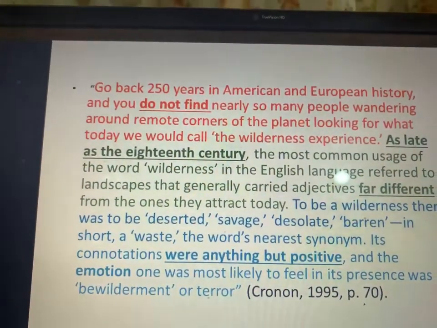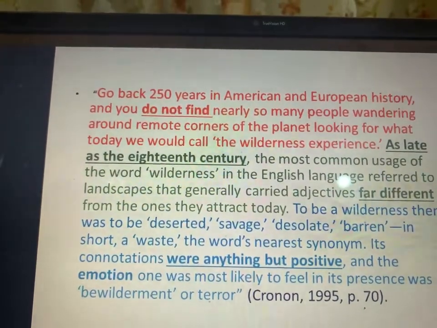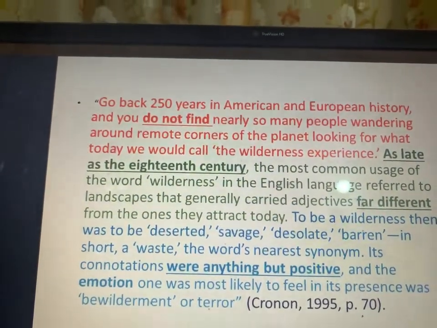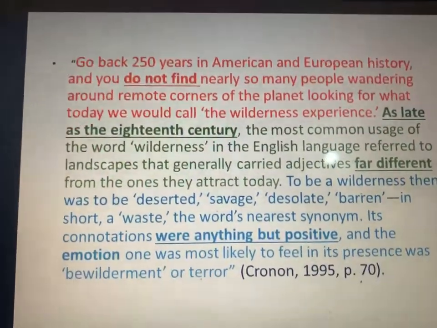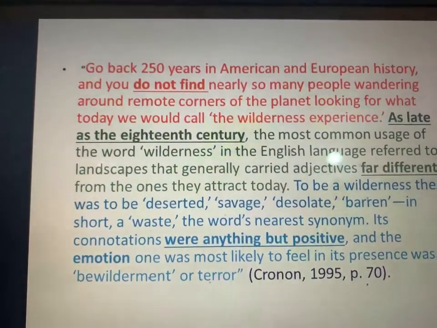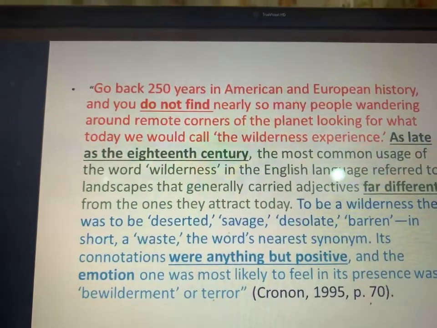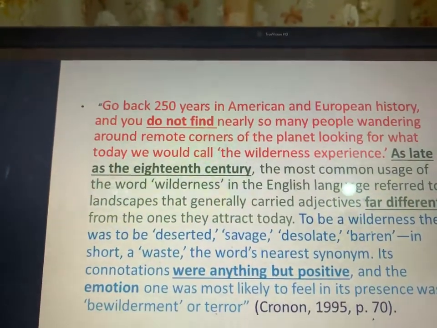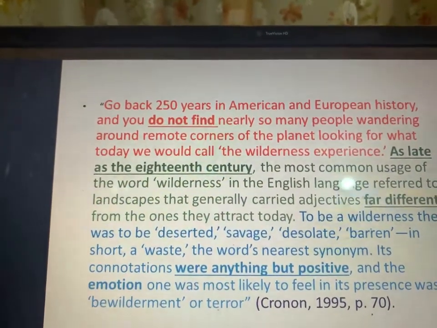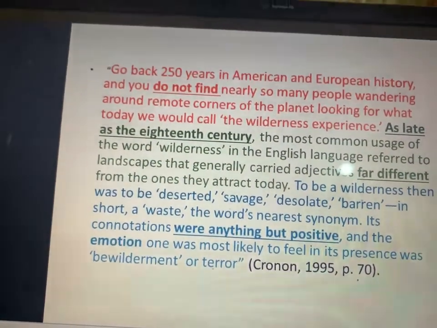You see, all these four lines could be summarized by saying these are not very common. And by the way, you are not using any of the words in this sentence, right? When we say wilderness experience was not very common, going back 250 years ago, we are not using the same words, but we communicated the same idea.